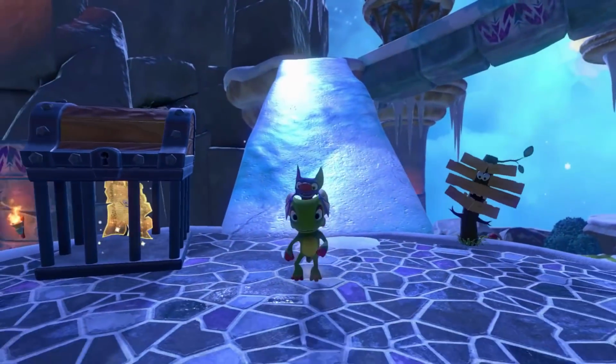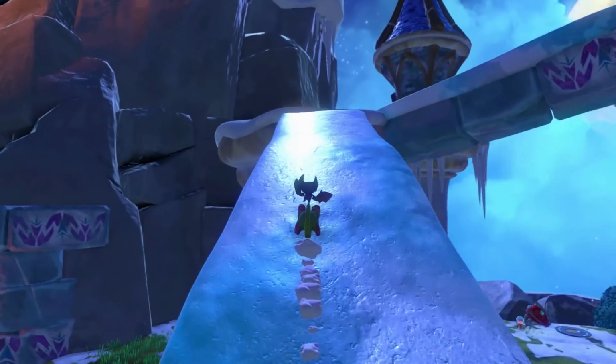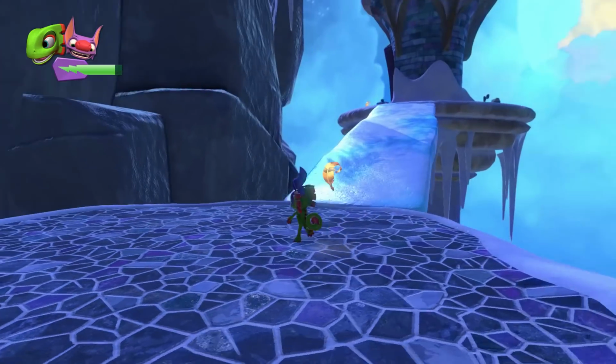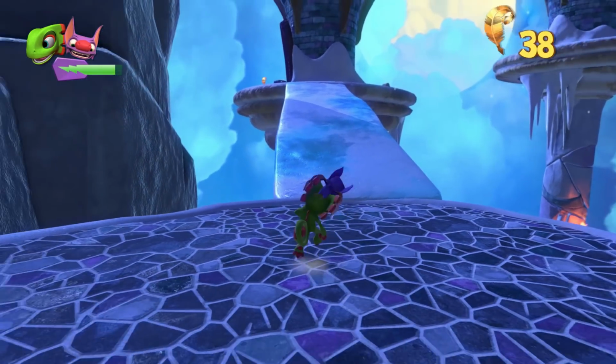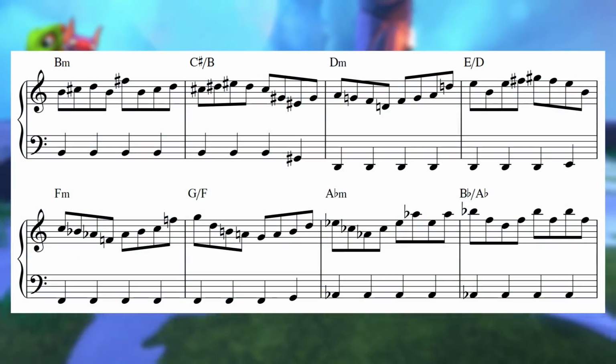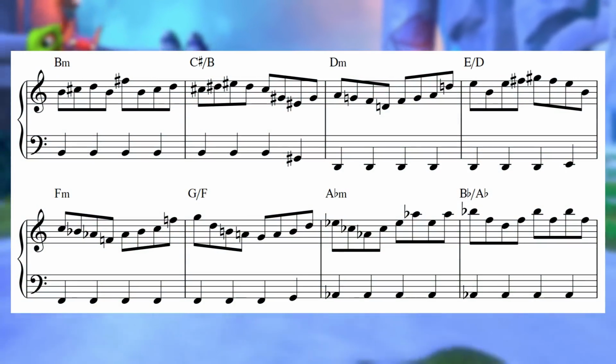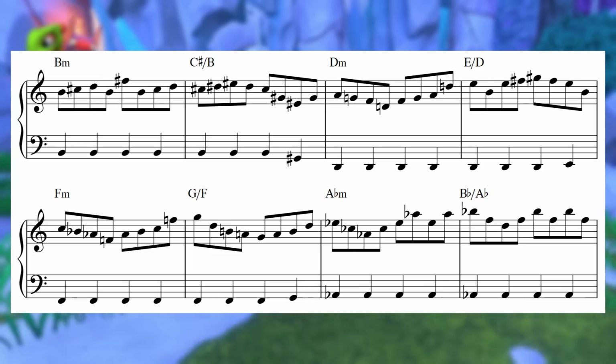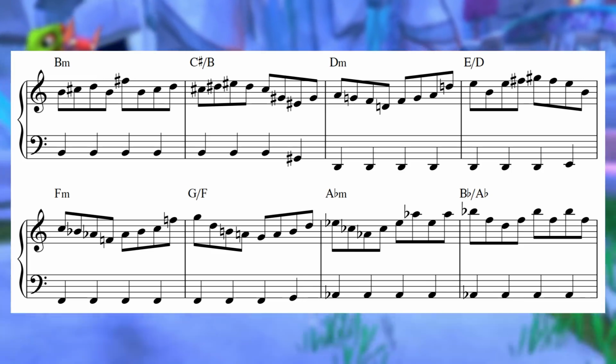In Yooka-Laylee, you can see this harmonic sequence idea fleshed out into much more elaborate examples, bearing clear influence from the great film composers of the late 20th century like John Williams and Danny Elfman. In Frosty Fray, we get a transition out of the key of B minor, featuring pounding strings and a frantic piccolo melody that uses a distinct harmonic pattern.